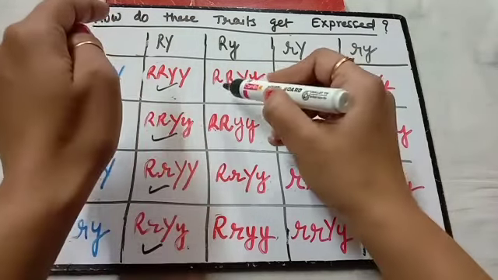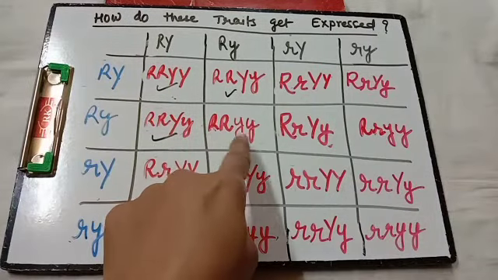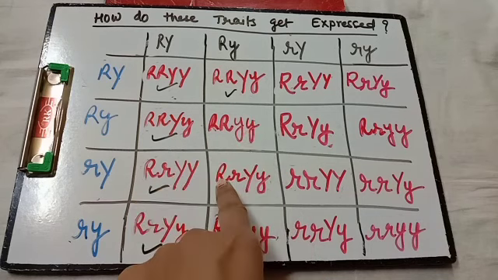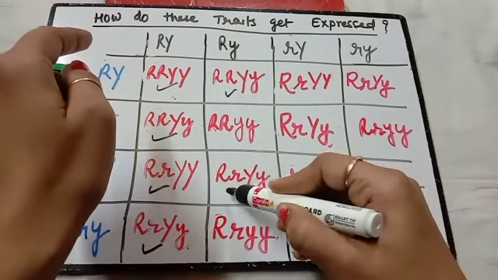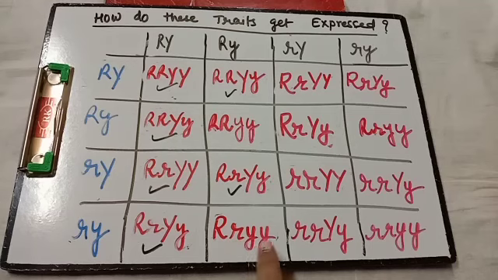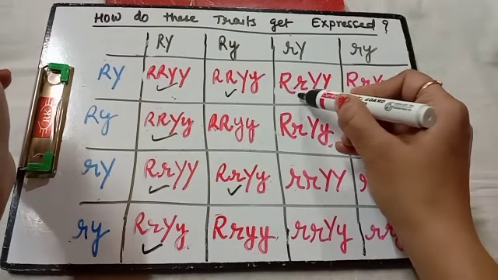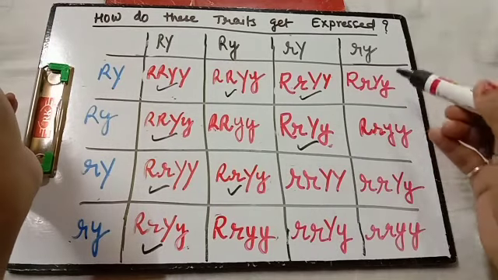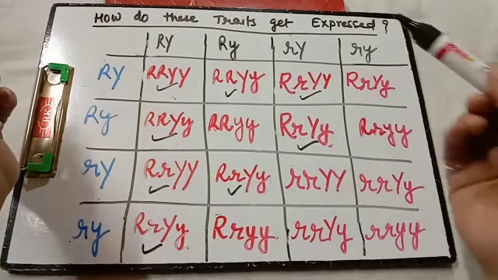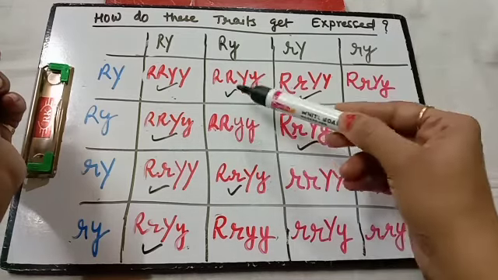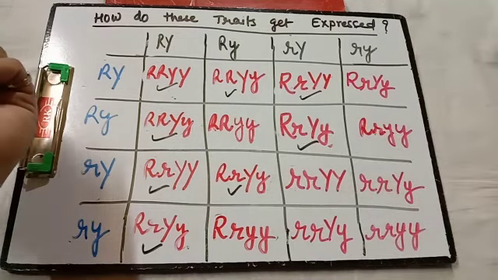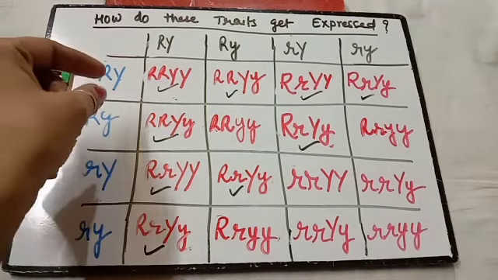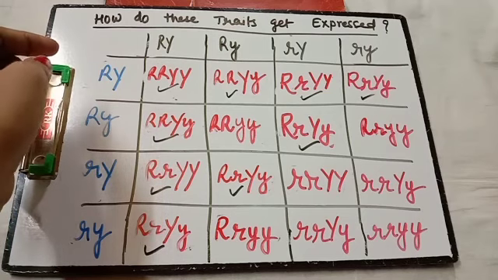Now let us find out: 1, 2, 3, 4. Is it round and yellow? Yes. Is it round and yellow? No, because both are small y, so it is green. Is it round and yellow? Yes. Is it round and yellow? No. Is it round and yellow? Yes. This one? Yes. Now anywhere else? So total 1, 2, 4, 5, 6, 7, 8. One more is left. Find it, here it is. So how much did I get? 9. So if you see the textbook, the first one, round and yellow, they have given 9.